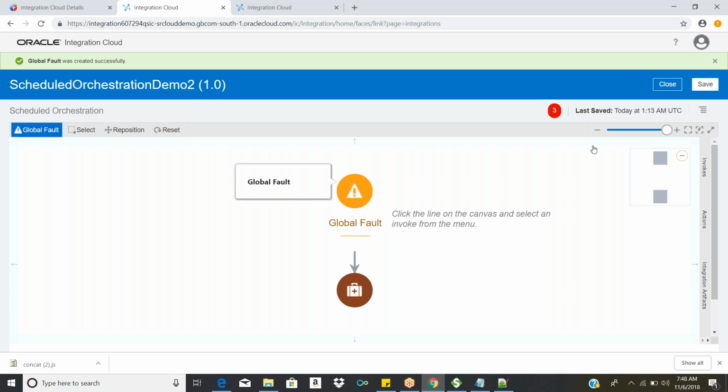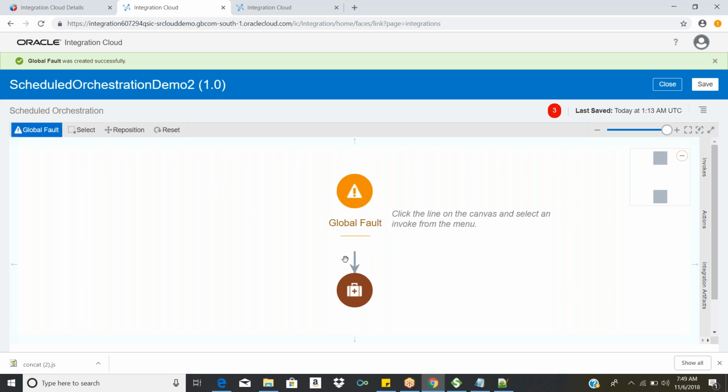Okay, so what is global fault and all those things, I didn't explain that, don't worry. This exception handling is already in our course content, and as of now I have to complete one successful flow in order to explain the global fault handling. Otherwise you will not get any context on why we need this. The global fault handling is required only if there is any error in your flow, and you need to define certain steps here for how to handle it.